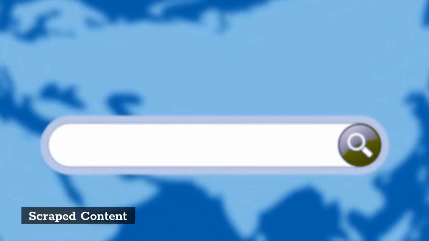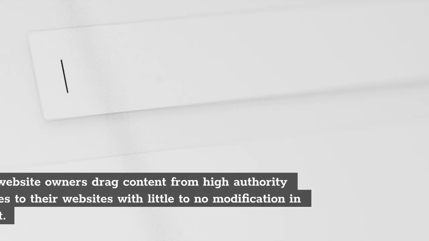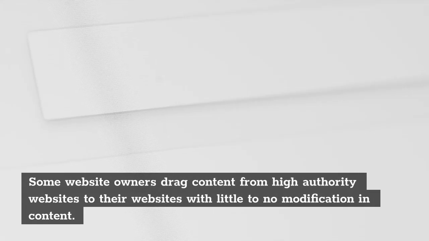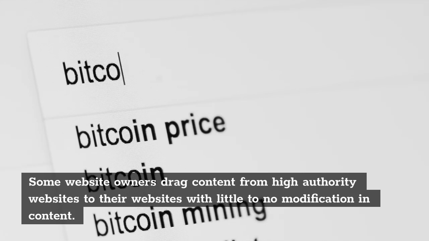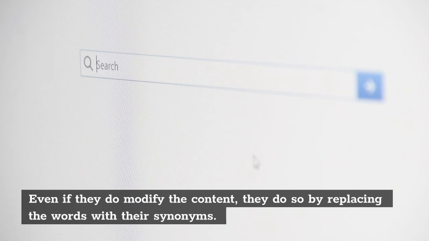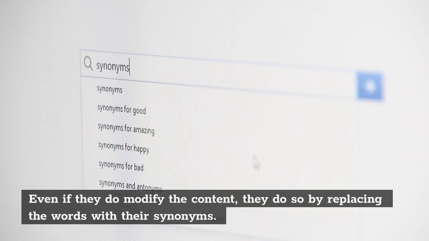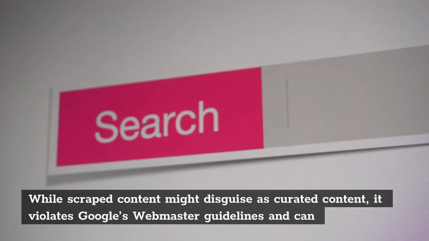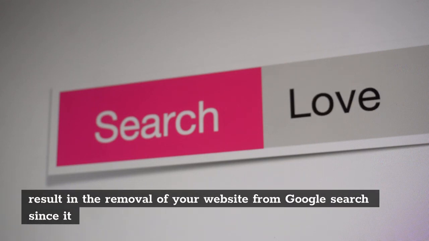Scraped content. Some website owners drag content from high-authority websites to their websites with little to no modification in content. Even if they do modify the content, they do so by replacing the words with their synonyms. While scraped content might disguise as curated content, it violates Google's Webmaster Guidelines and can result in the removal of your website from Google search since it